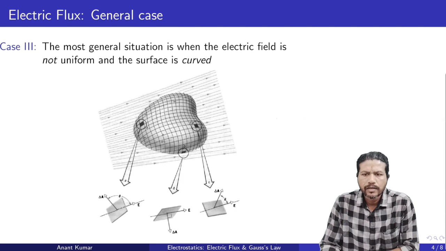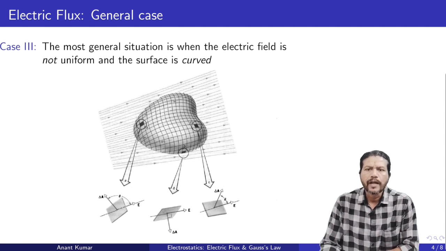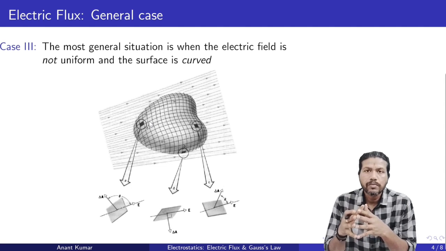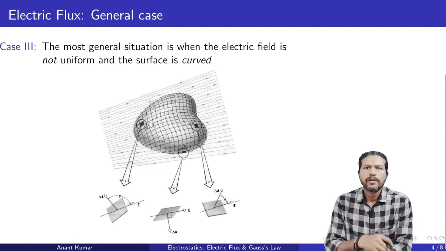Then we have over here, I have shown in this case different regions where the electric field lines and the area vector are actually oriented in different directions. So, all these are possibilities. The idea that we use over here in order to define the flux through the entire surface, as it has been done in this diagram, is to divide the entire surface into a large number of small areas. Now, exactly how small, that depends on two things. First of all, the parts of the surface should be small enough so that